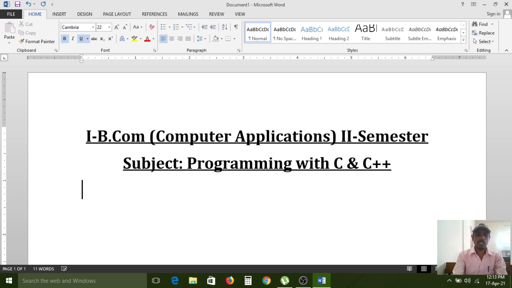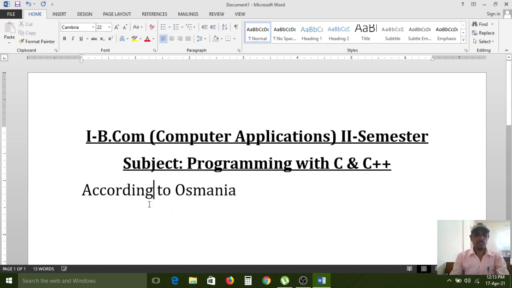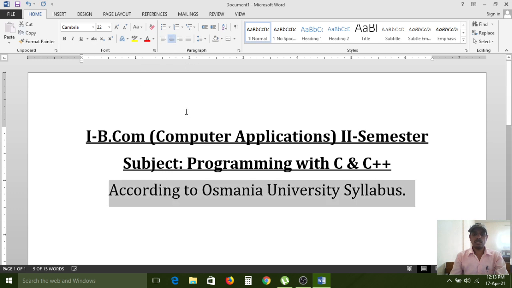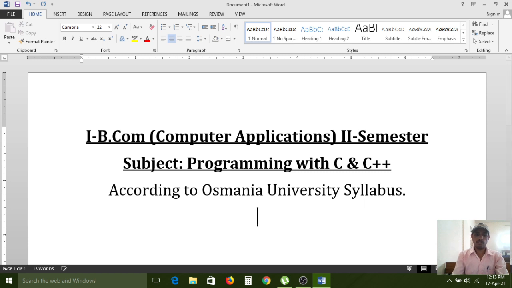According to Usmania University syllabus, first, unit 1.